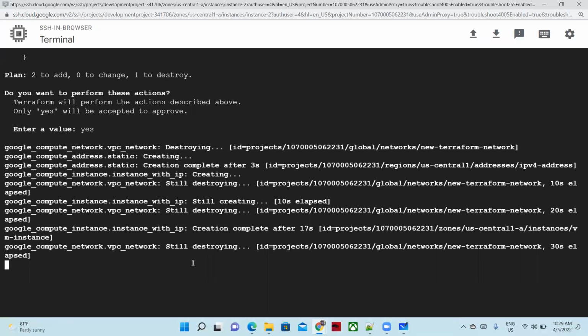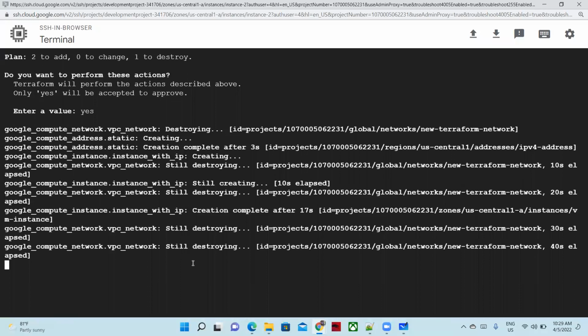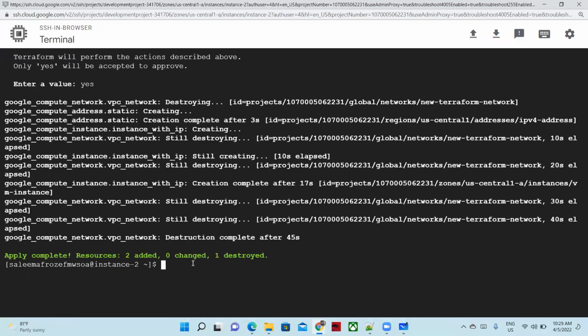One is cost reduction, and human manual effort will reduce. But on top of that, if something goes wrong in production or any environment, simply by using this, it should be created automatically. If you see here, resources 2 added. Let's go